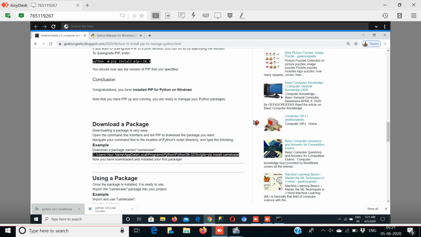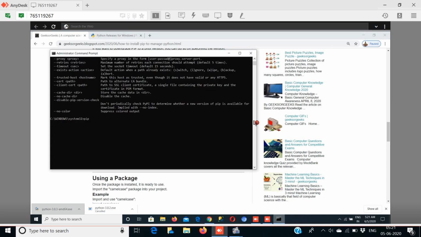Now for downloading, it's not rocket science, just as simple. pip install, I will install, suppose, pandas. Pandas is a library. So it may take a while if our internet connection is good.